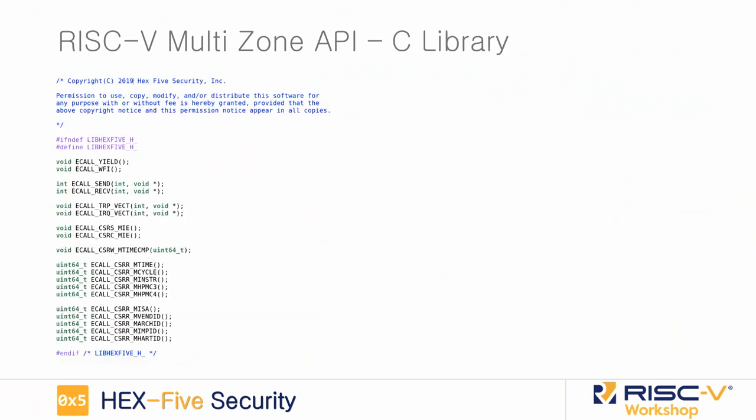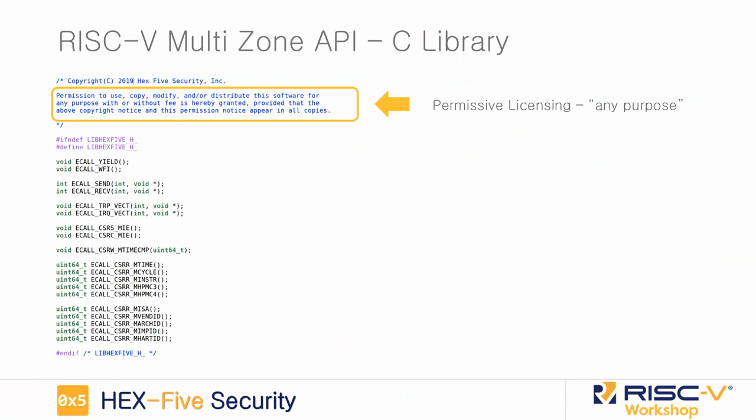And this is the last slide, so I think I'm running out of time. So here's the whole API. And here's another key concept, right? You're talking about security. Attack surface plays a role. The simpler, the better, more resilient. You want less if you want to get more in security, okay? So let's go a little bit. So first of all, permissive licensing. It literally says do any purpose, whatever you want, commercial or not, that's fine. This is the API definition, okay?